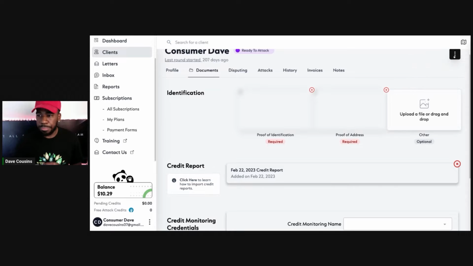But most importantly, if you're having trouble uploading your identification, or having trouble getting your credit report uploaded to the software, just click on contact us and reach out to the support team, and they'll be able to guide you or help you or link it together for you or upload the identification for you, all right? So if you're having trouble with that, now after you do steps 1, 2, and 3,